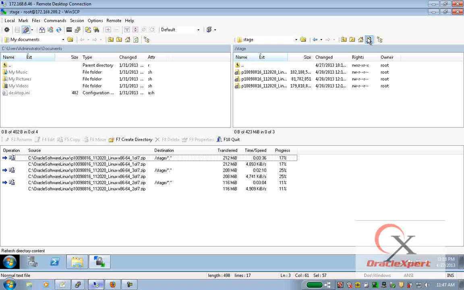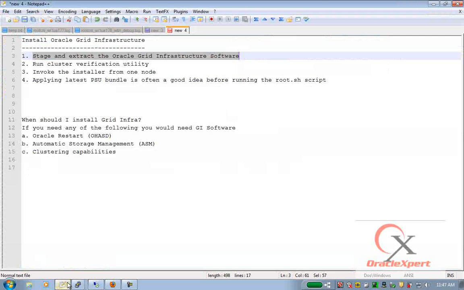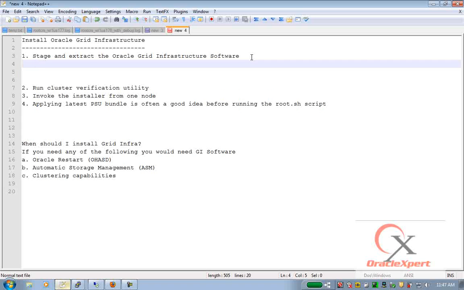Once they have been copied, I will start with the cluster pre-verification. So here's the flow. Stage and extract the Oracle Grid Infrastructure software. Now something that is worth noting,